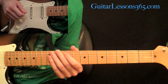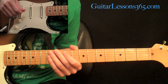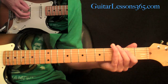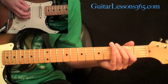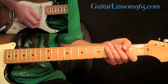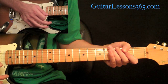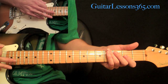Okay, so coming out of the third chorus, the second one with that extension on it, we are to the solo section. The solo section starts with basically the same thing that we're doing in the intro, the same rhythm. Okay, but over that we're going to be doing that A note again, and we're just going to be just holding that note and doing some vibrato, and then we hit